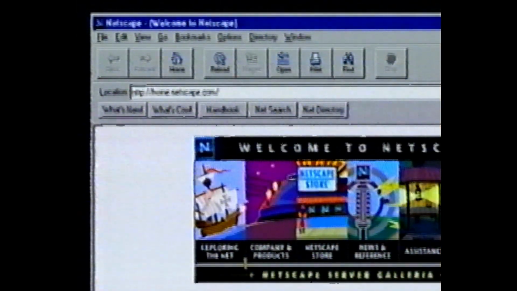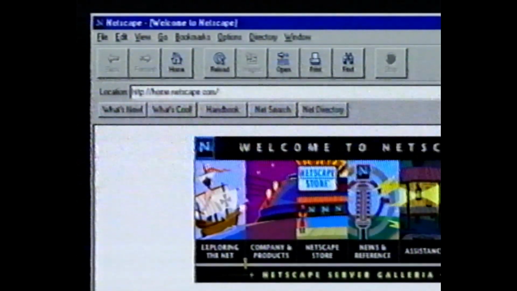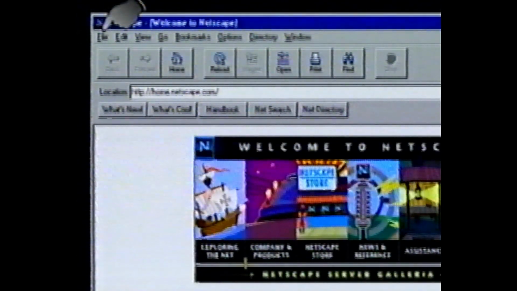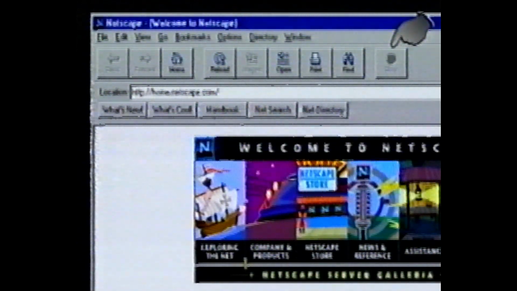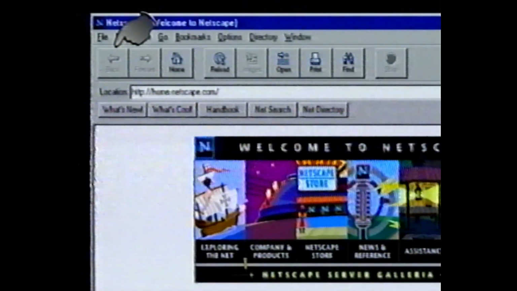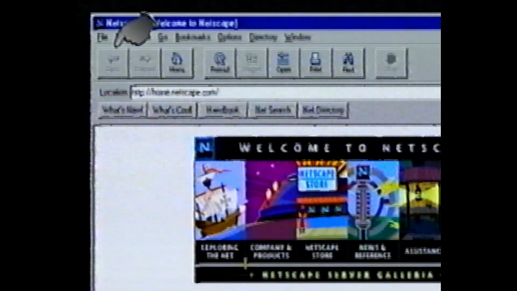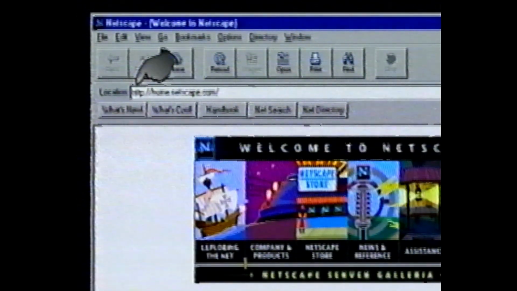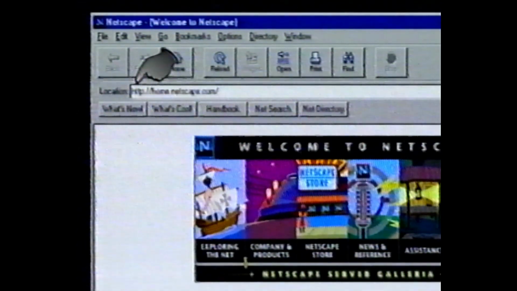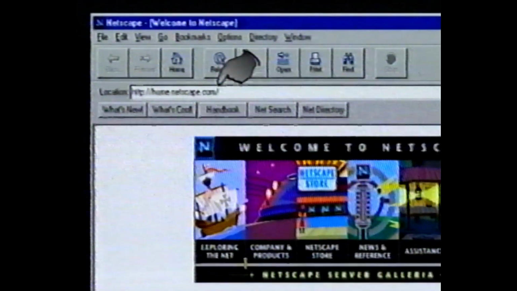The Netscape menu bar and button features are very similar to other web browsers that are available today. There is a main menu bar across the top of our screen. Below the menu bar are the toolbar buttons. These buttons are shortcuts to many of the more commonly used menu bar options. Below the toolbar is the URL location window. URL stands for Universal Resource Locators. This window contains the URL address of our current Netscape homepage.